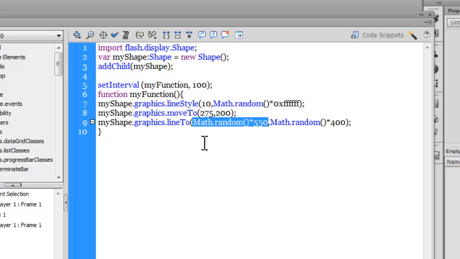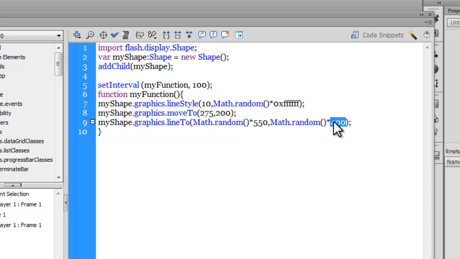Math.random on its own gives you a value between 0 and 1. If you multiply Math.random by 550, what do you think you'll get? You'll get a value between 0 and 550, obviously. And if you multiply Math.random() with 400, you'll get a value between 0 and 400. So basically we're covering the entire stage,